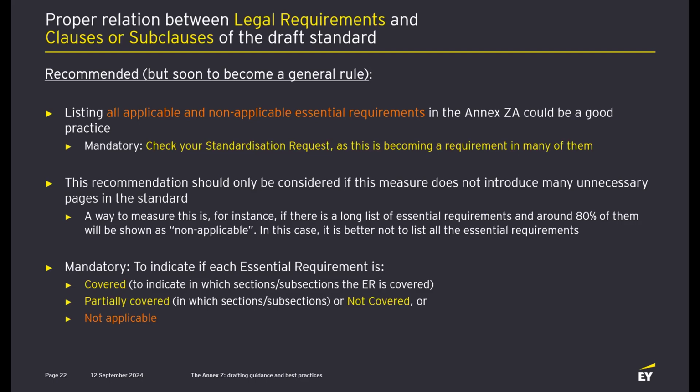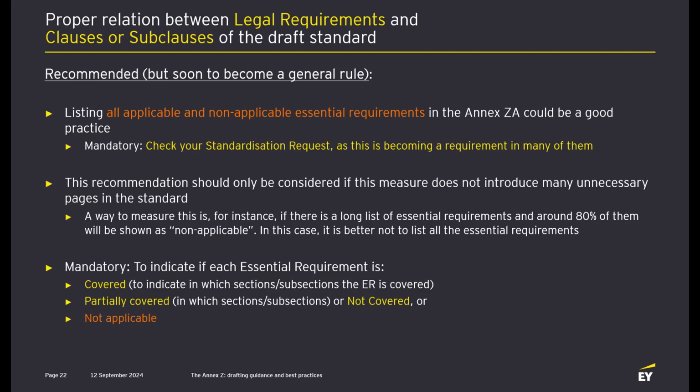So first of all, my recommendation, this is still a recommendation, as you can see in the parentheses, but soon to become a general rule, is that you list all the essential requirements in the Annex ZA. And then, of course, you check the standardization request just in case. If it's mandatory to list all the essential requirements, then it's mandatory. You have to do it to comply with the mandate or with the standardization request. But if this is not really a requirement in the standardization request,